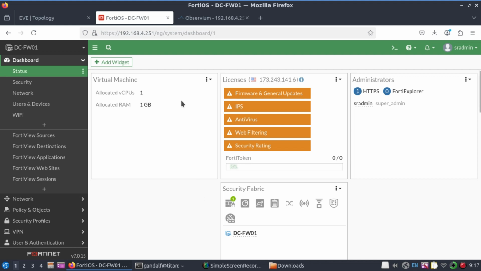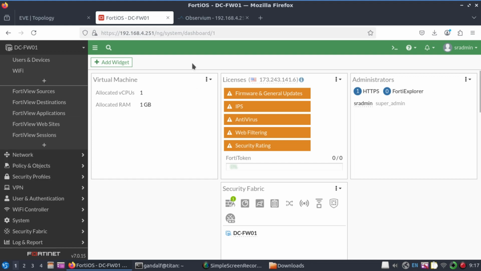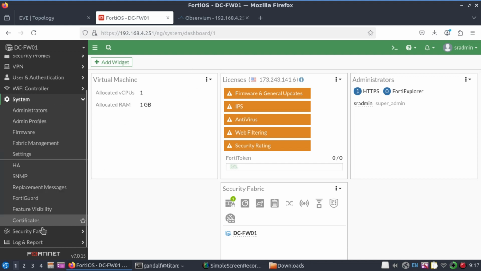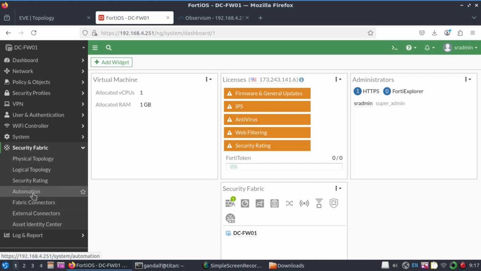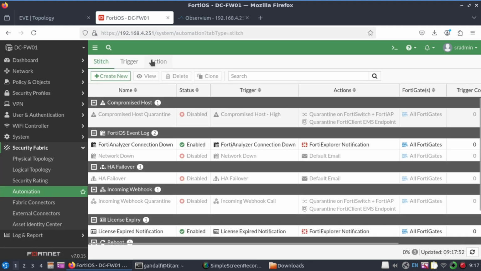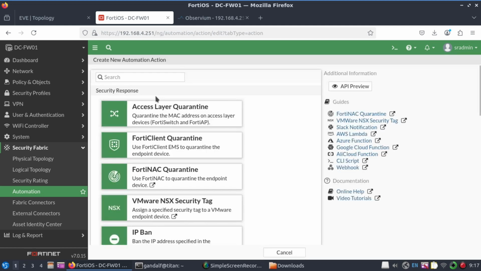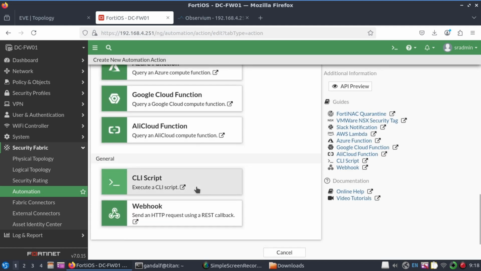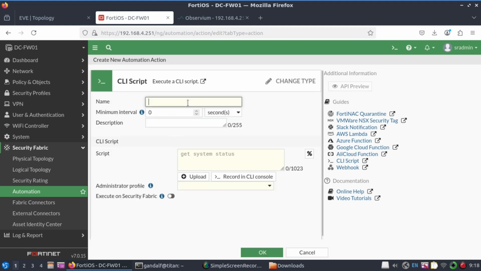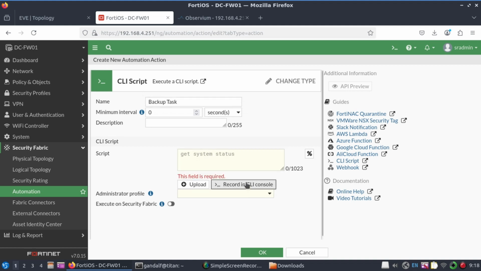The next thing we want to do is automate backups. We want to configure the firewall to take a backup on a daily basis at a certain time. And the best way to do this is to create an automation stitch. So we go to Security Fabric, Automation, and we want to create the action of backup. And we're going to navigate all the way down to CLI script. I'm just going to call this backup task,